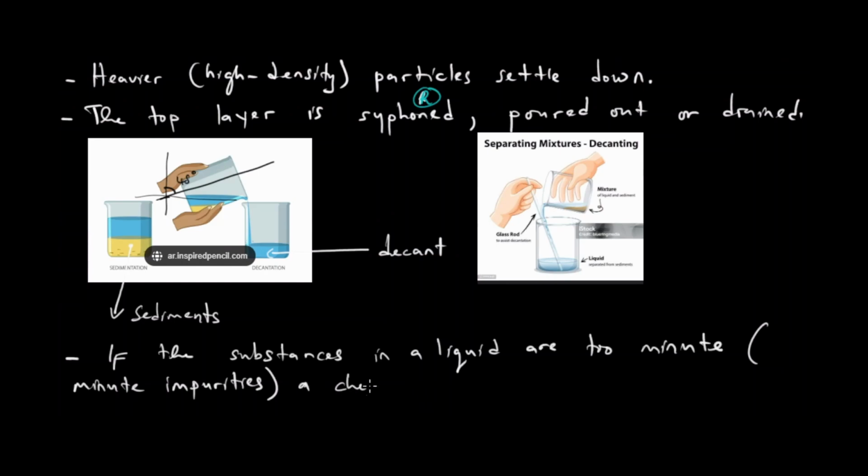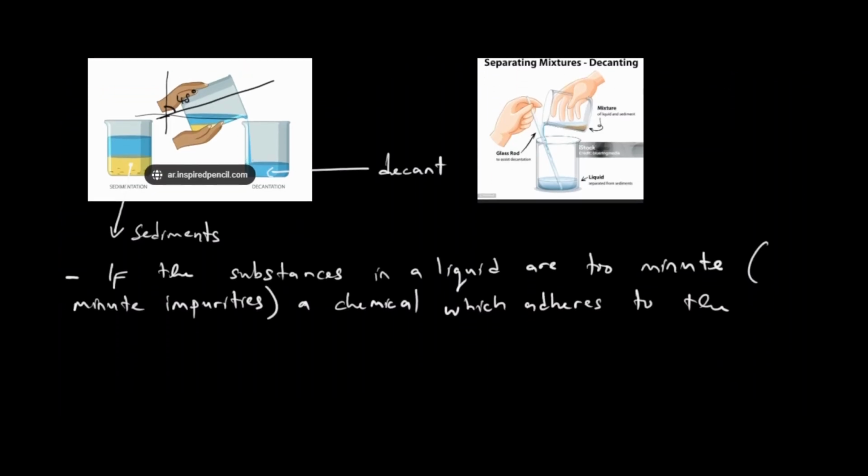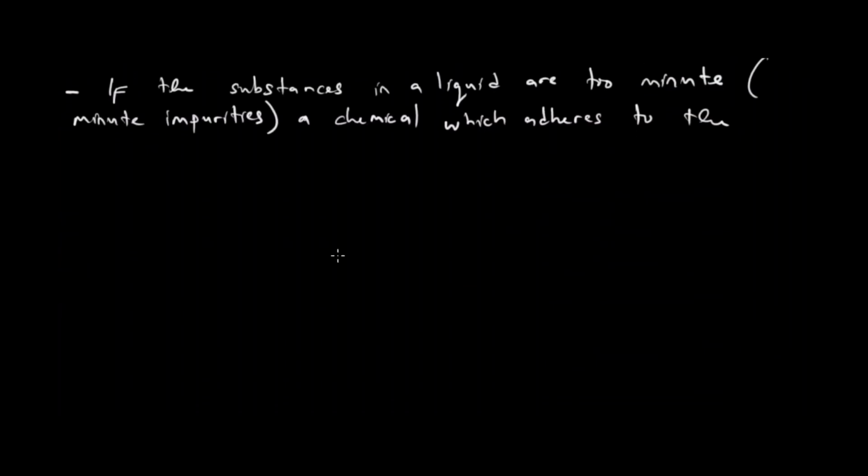There is a chemical, alum for example, we are going to talk about it in our next tier of lessons. So a chemical which adheres to the impurities, to adhere kunamira kuita chinamira is added to the liquid,